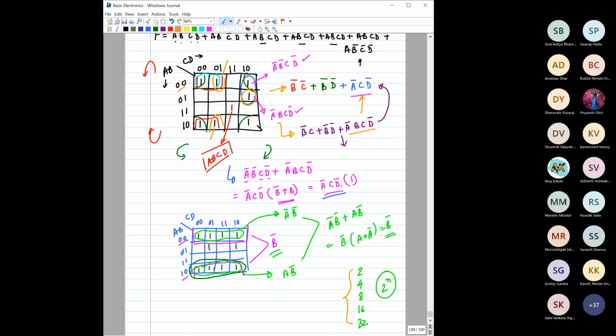Sir, maximize means, this way that I suggested, there will be only 3 groups. So here also we have 3 groups only. See, that's what we are getting, the 3 terms. Yes, sir. The 3 groups is the minimum that we can get, but in this way we will get